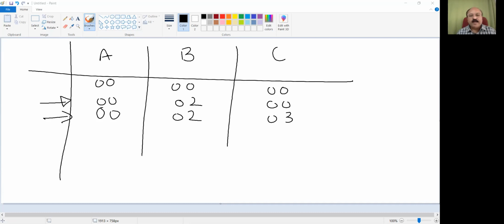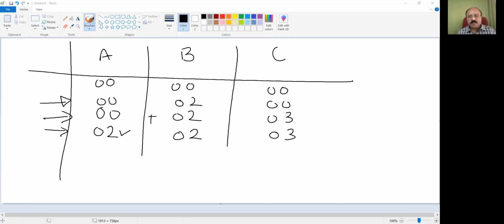Now, add the content of register B to accumulator A. The content of register B, that is 0, 2, is added to accumulator A, and the result will be stored in the accumulator. With add, what will happen? Accumulator will be 2, B will remain as it is, and C will also remain as it is. So here 0, 0 plus 0, 2 will be done. The result will be stored in the accumulator.